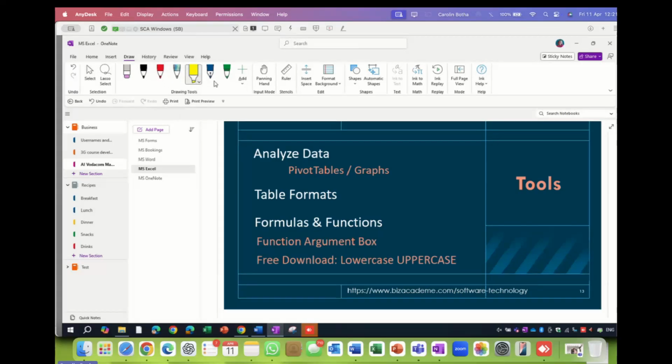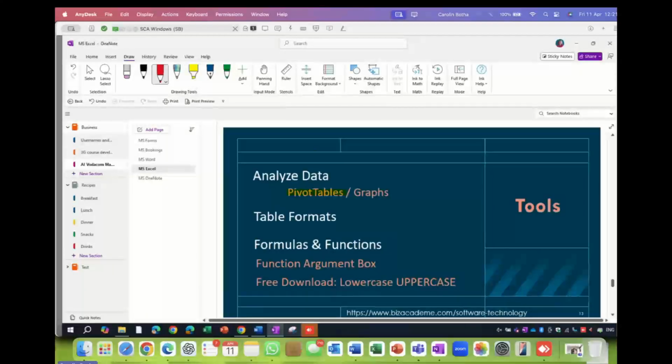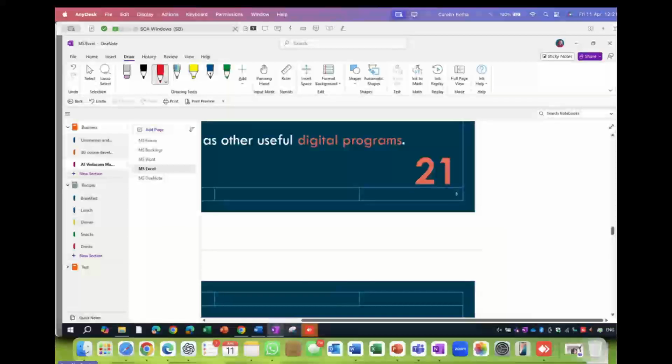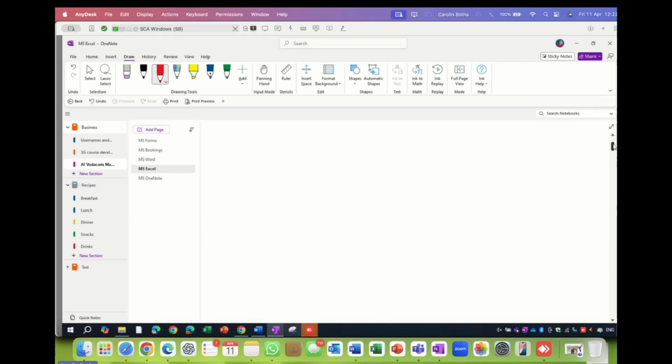So let's go for the highlighter and let me highlight that. Not a good color, but you get the idea. Or let me go grab the pencil and even pencil that. So I'm not scribbling on my presentation. I'm scribbling in my notes where my presentation is now as an extra. So it won't touch my presentation. Don't worry about that. But I'm making notes for myself.